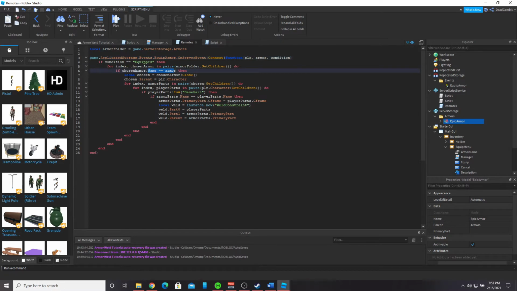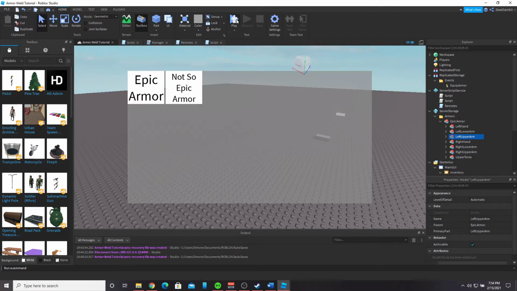Once it's found it, it's going to create a whole new armor. It's going to clone it. So we have our local chosen equals chosen armor.clone, which will give us a duplicate. And then we set that duplicate as the child of our player character. Then in here, we do a for loop for all of the different pieces within the armor, like so. And then we also do a for loop for the player so that these same pieces, left hand, left lower arm, upper arm, match the player's pieces. So in essence, it should